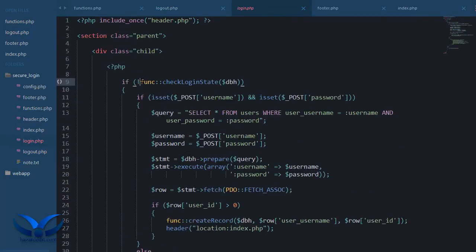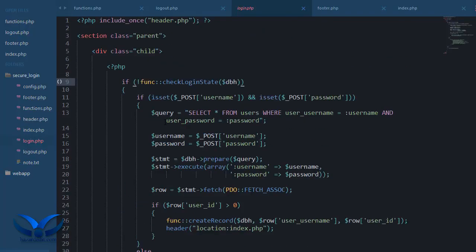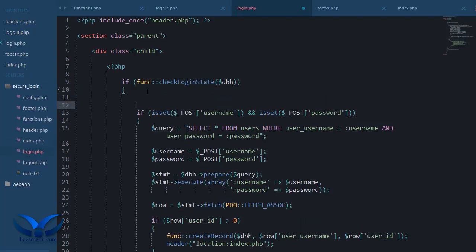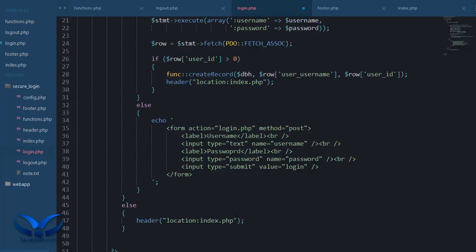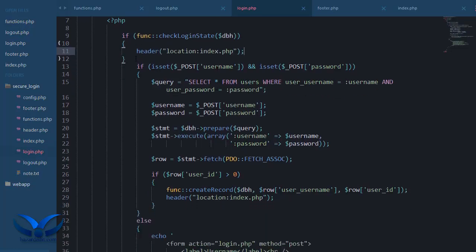Right, here I can do this. No, wait, here I can't. Or actually, if I'm logged in, then I do this. And I don't need this anymore. If I'm logged in, then I go here, and else